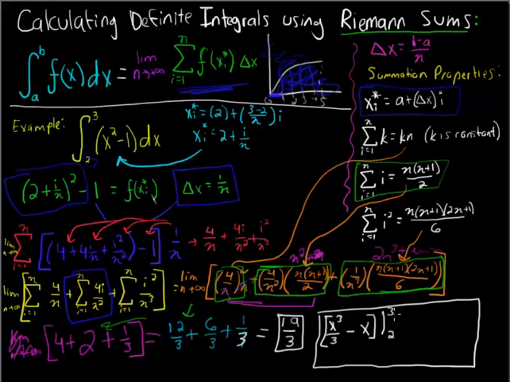Add 3: x cubed, 3 cubed is 27, divided by 3 is just 9, and minus 3, so 9 minus 3 is 6. 2 cubed is 8, 8 over 3 is 8/3, 8/3 minus 2, 2 is the same as 6/3, so 8/3 minus 6/3 is 2/3, minus 2/3, here we go, here it comes,